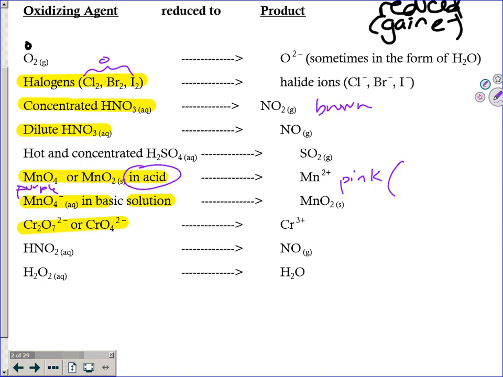Color change, right? Well, what if we have a colored agent? We can't necessarily use an indicator because then the colors would blend, and we'd have Cassie's lab over again where they were mixing indicators. So what we would then look for is purple changing to pink, which would cause us to say, hey, this has met its equivalence point. So it can be used as a self indicator, which is a cool fact that permanganate can do, not many